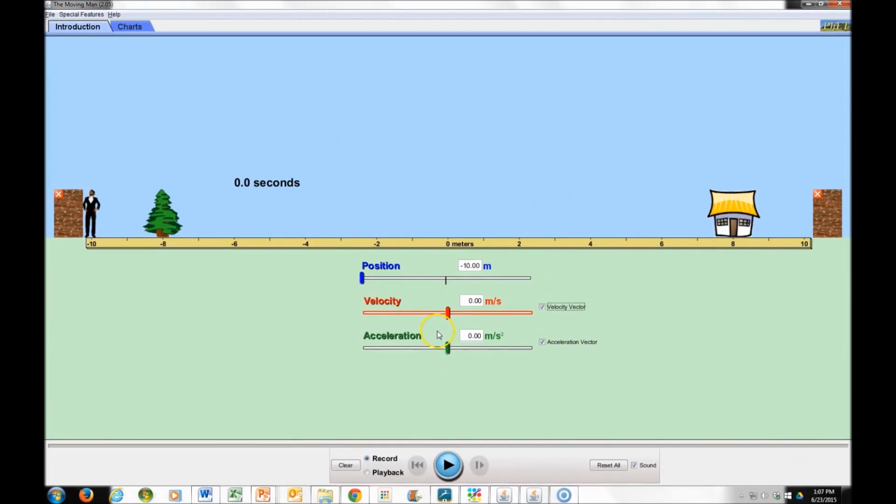So let's look at this visual. We have our guy over here, and this time I'm going to plug in an acceleration of 2 meters per second squared. So what that means is every second he's going to start speeding up by 2 meters per second, until he hits the wall. So let's play this back in slow motion. So remember, his acceleration is 2 meters per second squared,